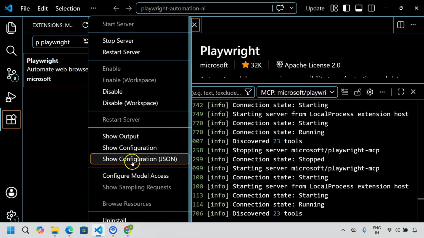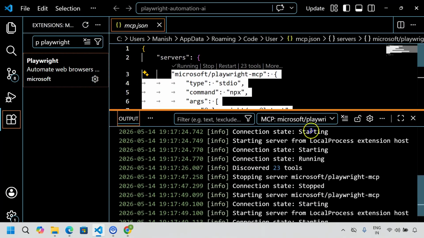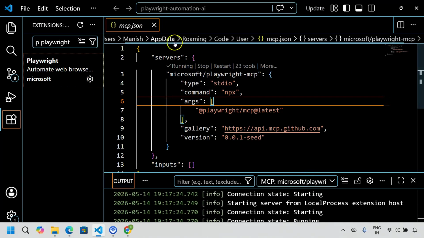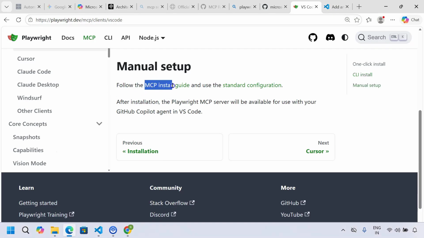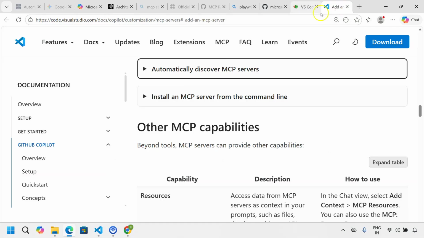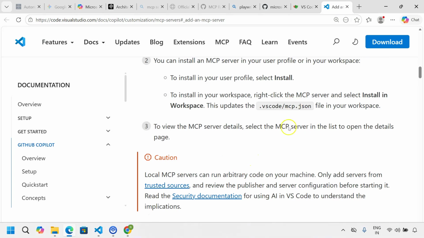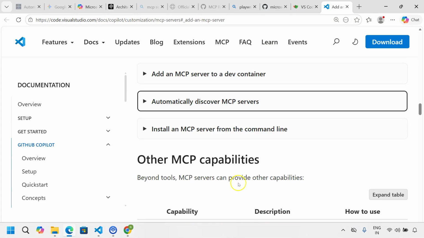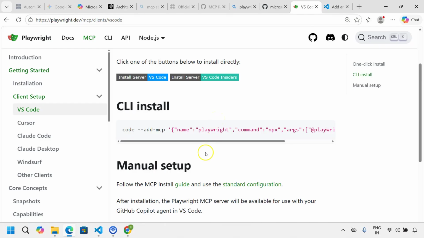If you go further, you will be able to see the configuration. If you go to show configuration or the JSON configuration, this is where the MCP configuration stays. You'll see that in your profile, you will have the mcp.json file. If you see this documentation here, where we say manual setup, if you click on this MCP install guide, it opens the manual configuration which you can follow. You can create this mcp.json file and then add this configuration, which is not required. I'm just explaining this to make you aware that there are multiple options, but the easiest one